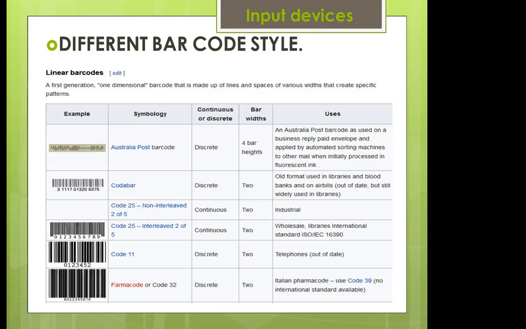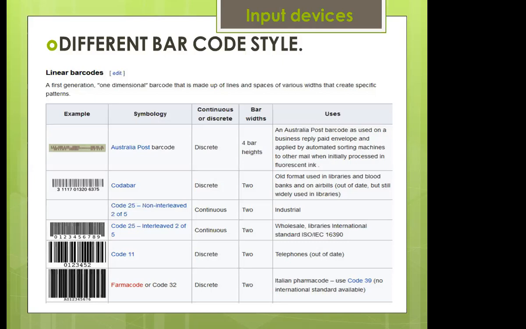When there is an envelope having a barcode and it passes through a scanner, it is immediately translated that this parcel is for maybe Adelaide, and on the conveyor belt, it will be thrown to the mail that is collected for Adelaide without involving any person. This is designed by the Australian Post and they are using it.